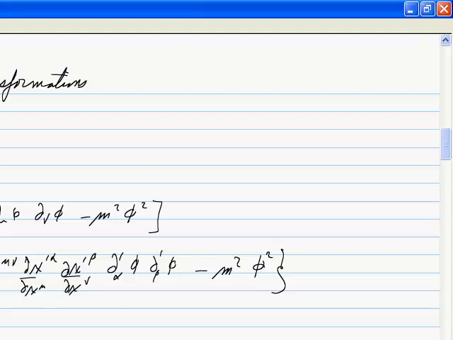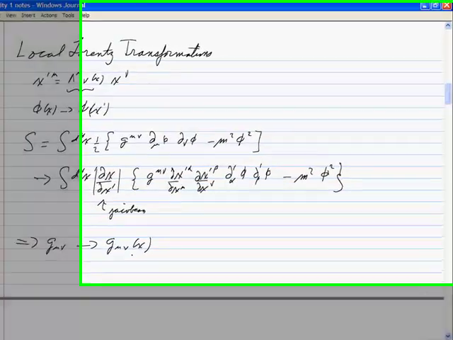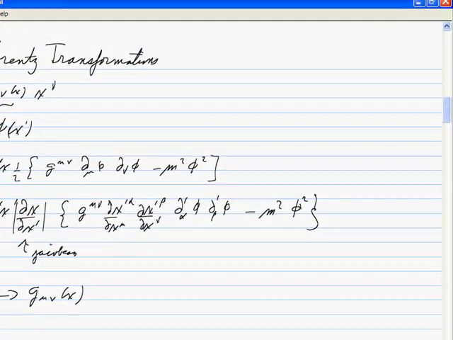And g mu nu is an invariant. But here, if we're being completely general, it can't be. So we're going to end up, of course, promoting g mu nu to a field. So it's a field, and giving it some transformation properties such that